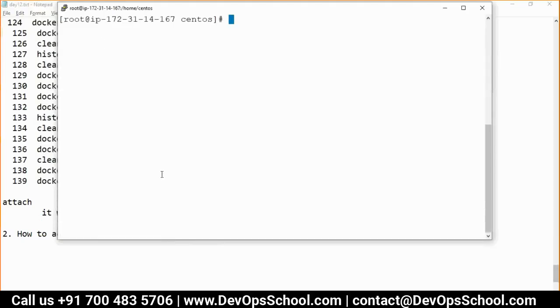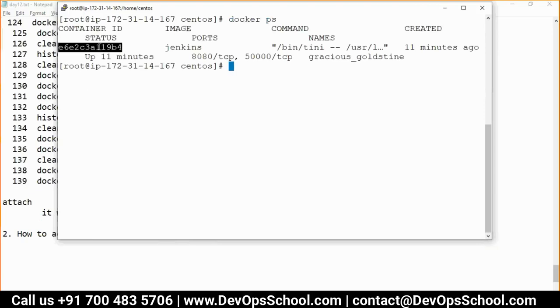For example, right now I have one container of Jenkins. Can I have one container of Ubuntu also? So docker run ubuntu. See, if I do this one, then it will start and exit. But I don't want it to exit. I will say interactive, -it. If I run only ubuntu, it will create a container and run and exit. But I want to interact with it.